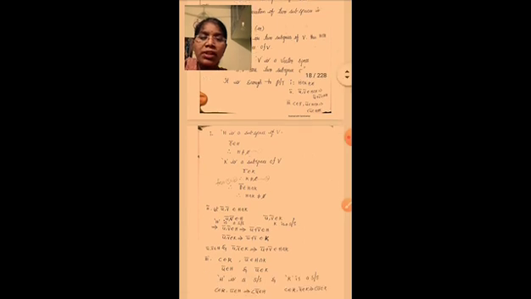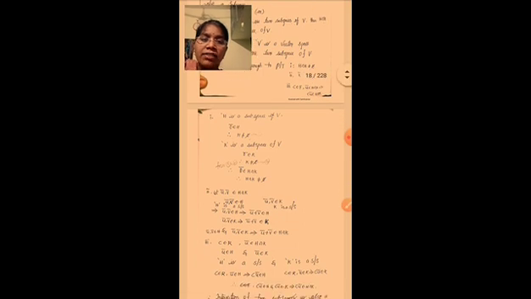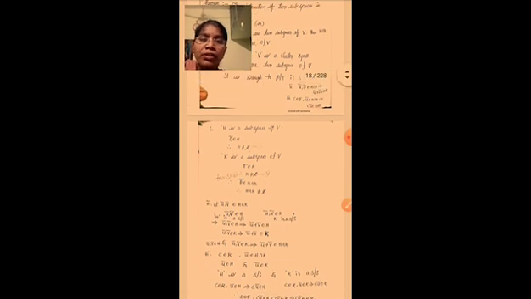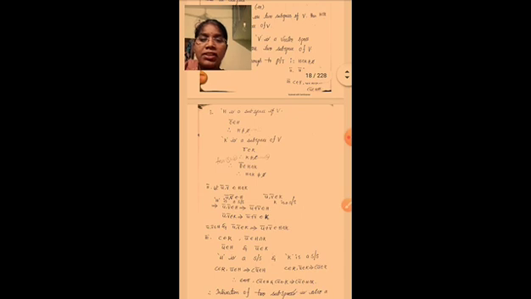So it is enough to prove the following. First of all, H intersection K is a non-empty set. Next, u bar, v bar belongs to H intersection K implies u bar plus v bar also belongs to H intersection K; this is closed under addition. And third, c belongs to F, u bar belongs to H intersection K implies c times u bar belongs to H intersection K. These three conditions we have to show, and then H intersection K is said to be a subspace of V.